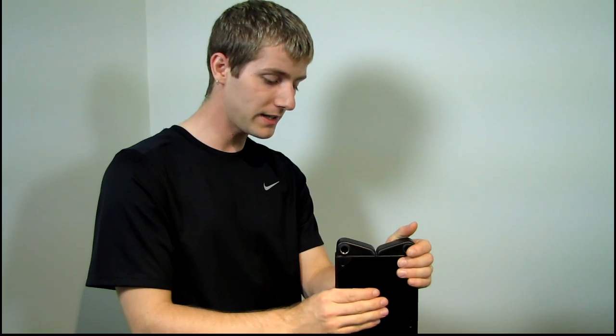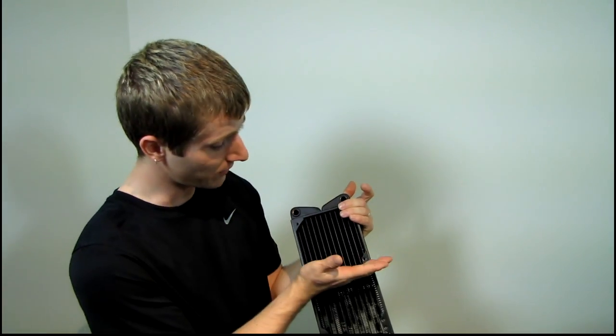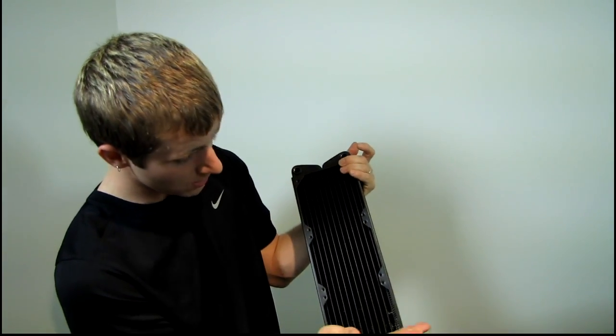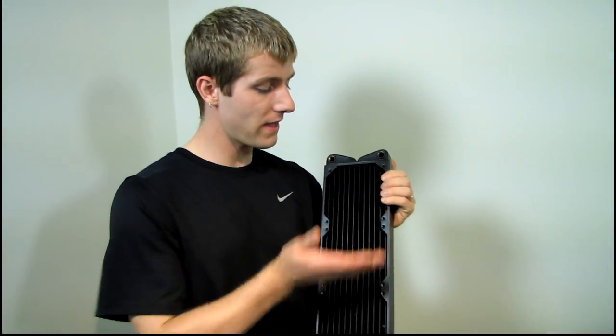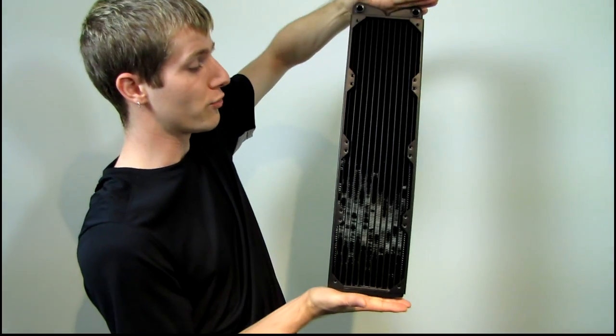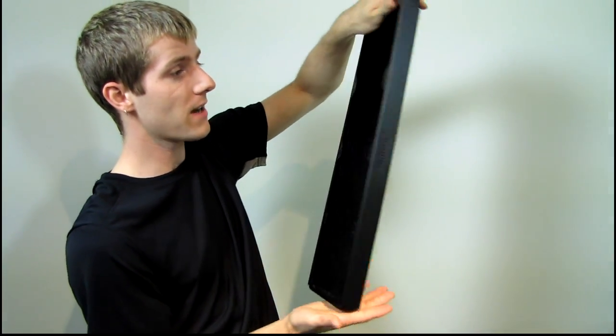So this particular radiator is available in a variety of sizes. You can get it with single 120, dual 120, triple 120, and quadruple 120. The advantages and disadvantages of each are that the smaller the size radiator you go, the better your case compatibility is going to be, and the larger size radiator you go, the better your cooling performance is going to be. So there are very few cases that can internally mount a quadruple radiator like this, but I will be installing